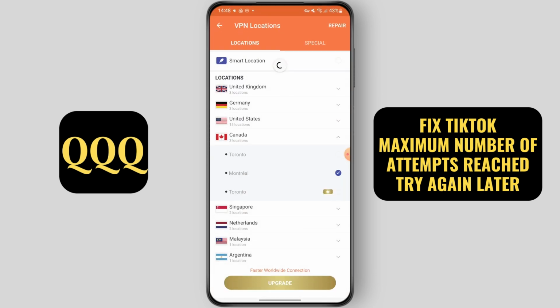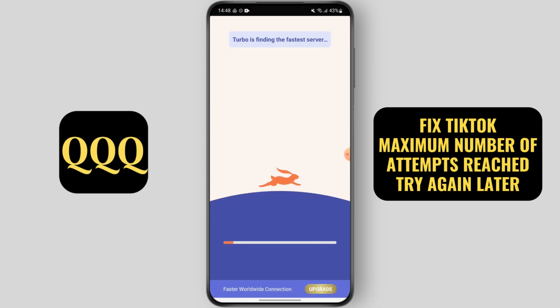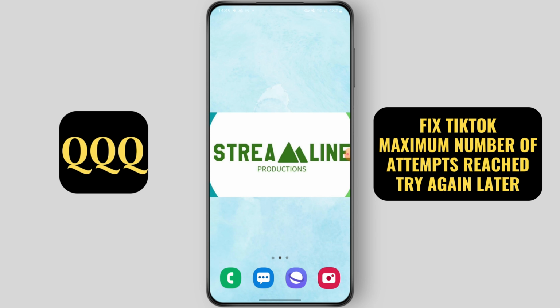and change its location to the one that is suitable for you. For example, I change it to this. This must solve your problem,